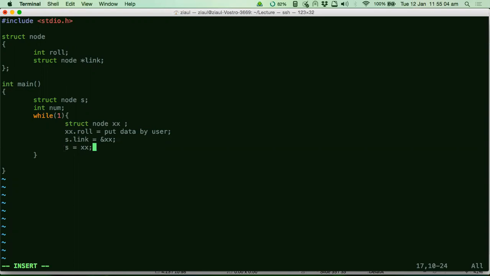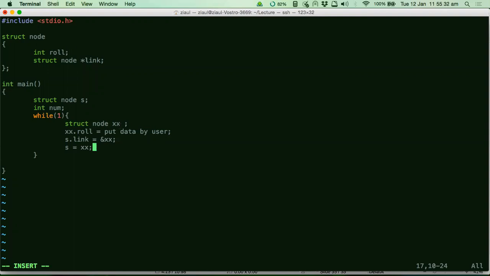Excuse me, sir. Yes. Sir, will you share the code? The line struct node xx, shouldn't we write it outside the while? Why? Because every time you have to create a new node, right? Why would you write it outside? But I mean, we can overwrite the previous xx also, no? And here you are creating new memory. How can it overwrite it? You are creating new memory here, right? This is like a new memory area you are creating every time.